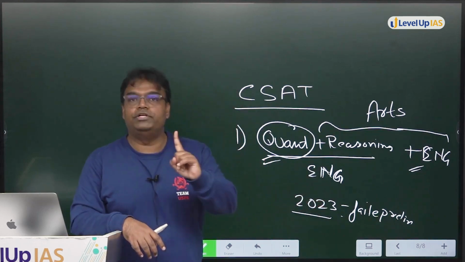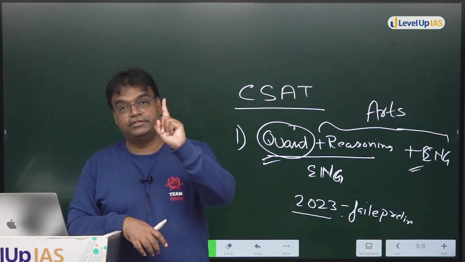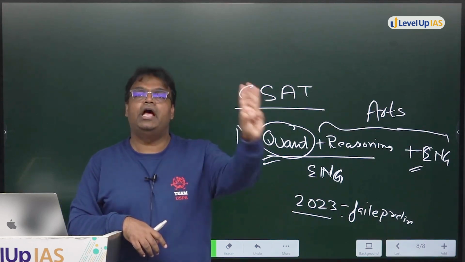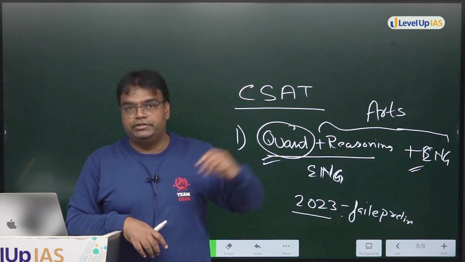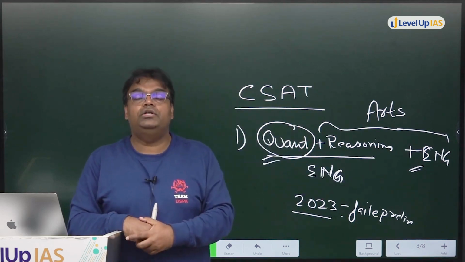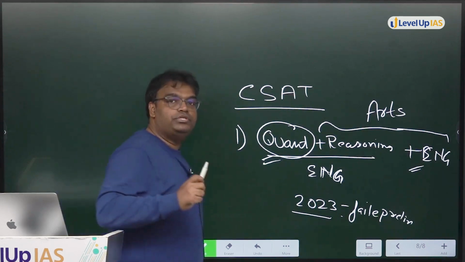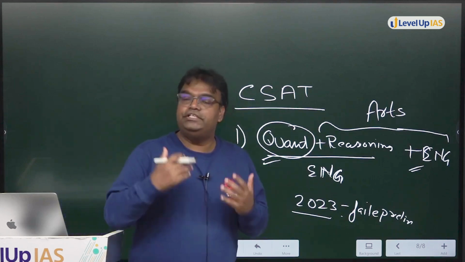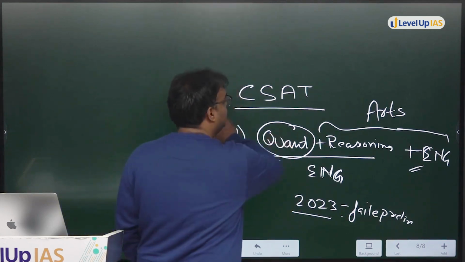The first rule is you prepare for all the three things. That is quant, reasoning, data interpretation, all things, and English comprehension. Do not rely on just one part. I generally tell students one rule. In CSAT, there are enough easy questions to clear the examination. That is, in the 80 questions that you get,